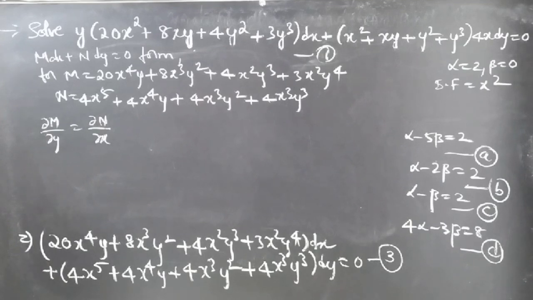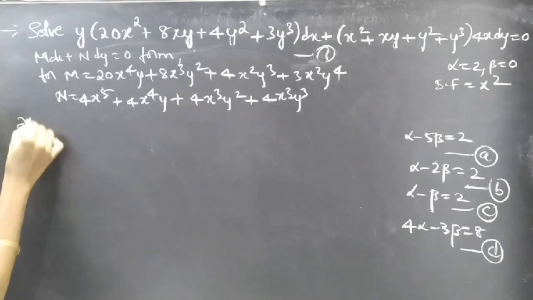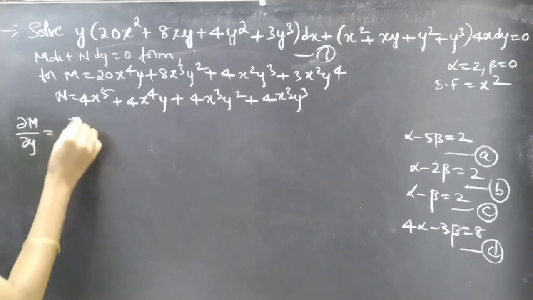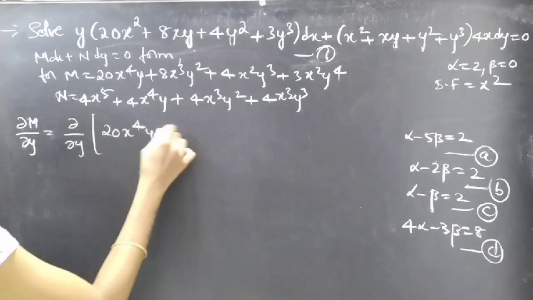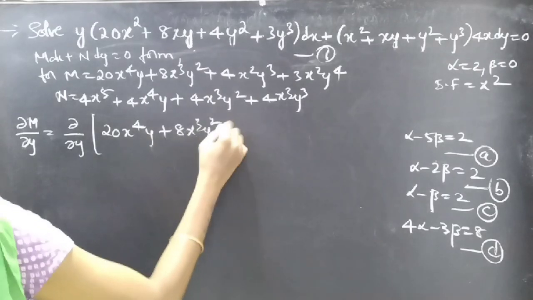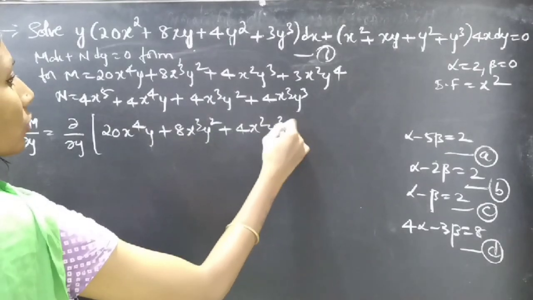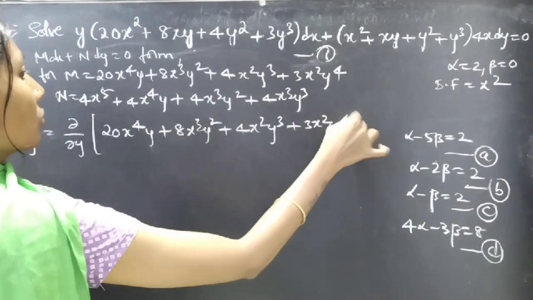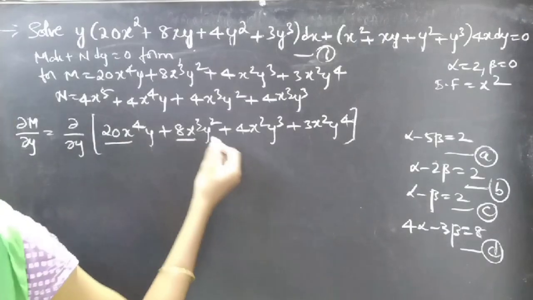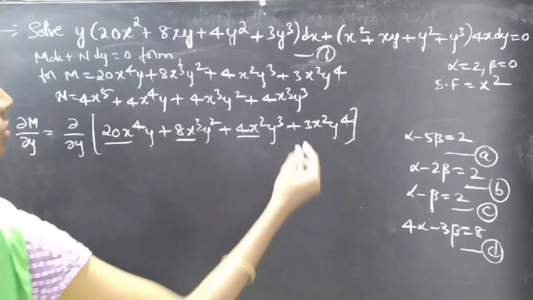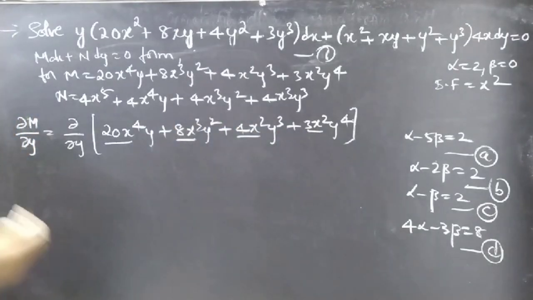So let's now find the partial derivatives of M with respect to y and N with respect to x. I'll begin with the partial derivative of M with respect to y. For M equal to 20x power 4 y plus 8x cube y square plus 4x square y cube plus 3x square y power 4, since we need to partially differentiate all the terms with respect to y, x is treated as constant. In the first term 20x power 4 is constant, in the second term 8x cube is constant, in the third term 4x square is constant, in the last term 3x square is constant. So we can write this as